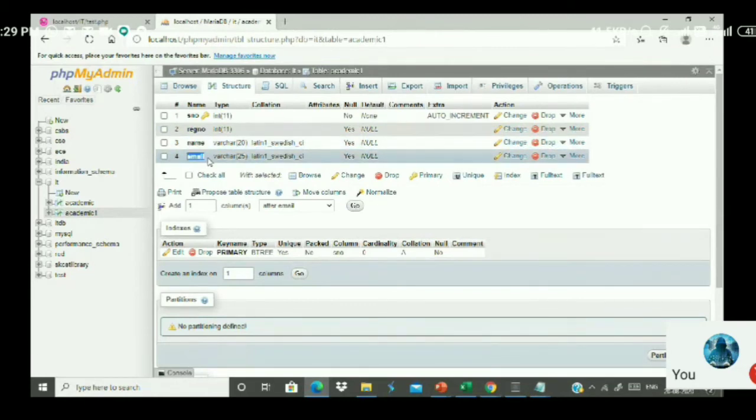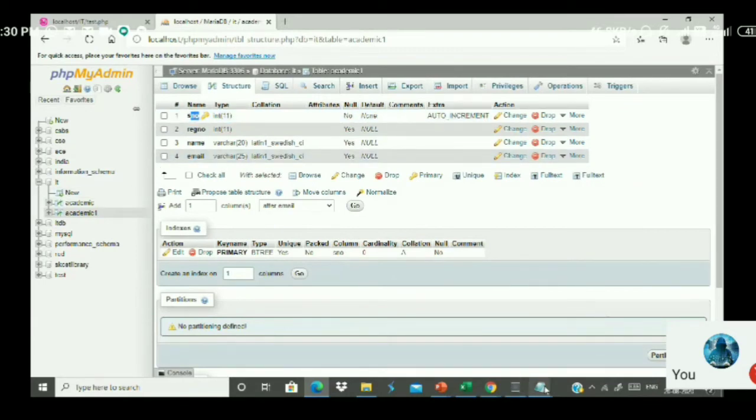Now I have 4 fields, but I have to insert only 3 data here. The first data will be automatically generated here. So what should I do to insert this? Listen carefully. The serial number will be automatically generated. That's what yesterday I wrote a query for, the auto increment value. Now listen here.